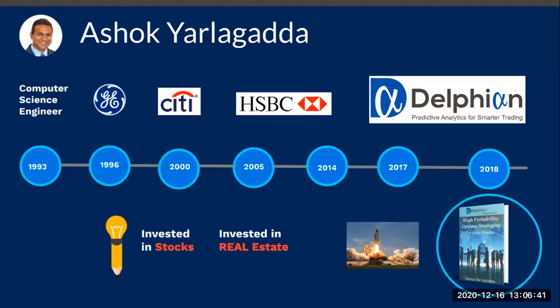So at Delphian, we do advanced analytics on trades. If you have an idea, you can back test pretty much almost anything you can come up with. We have data going back to 2007. Everything that we use for this earnings trading plan is from the Delphian system. And this just represents about 1/10, 1/15 of the capability. It's specifically focused on earnings, but there's a lot more to Delphian.